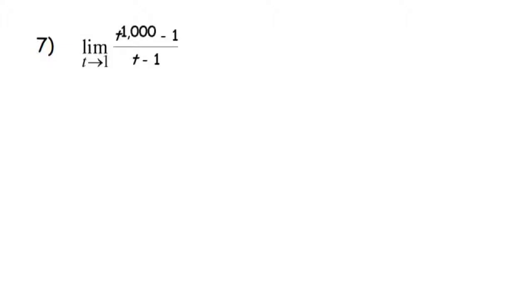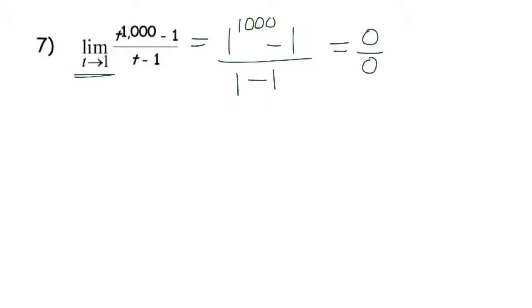Now number 7, if I plug in my t at 1, let's see what happens. Well, that's going to give me 1 to the 1,000 minus 1 over 1 minus 1. Well, that's going to be 0 over 0, which is, not sure what that's going to be, because we don't know what 0 over 0 is. Now, we can't treat that like 1 over 0 and say it's non-existent. We don't know that yet. So we're going to have to do a